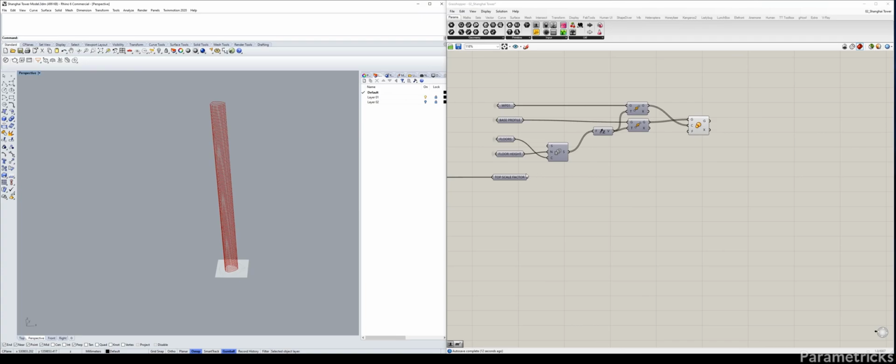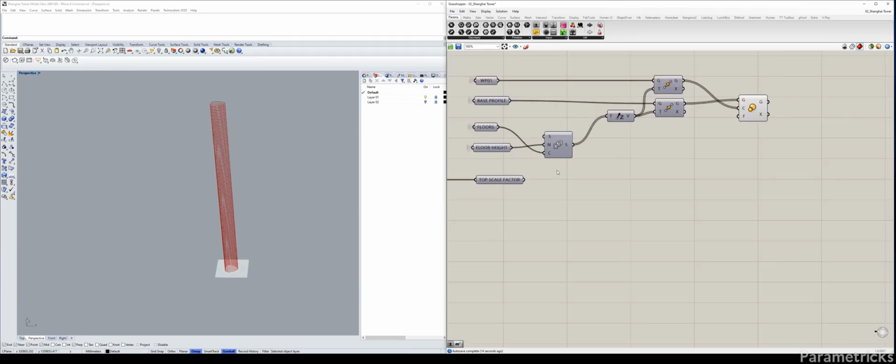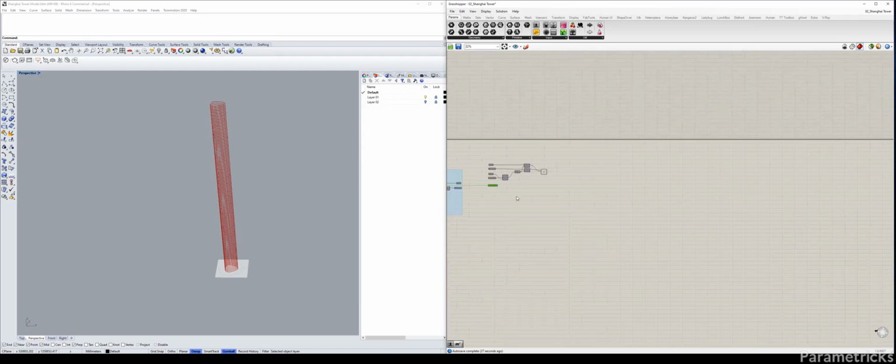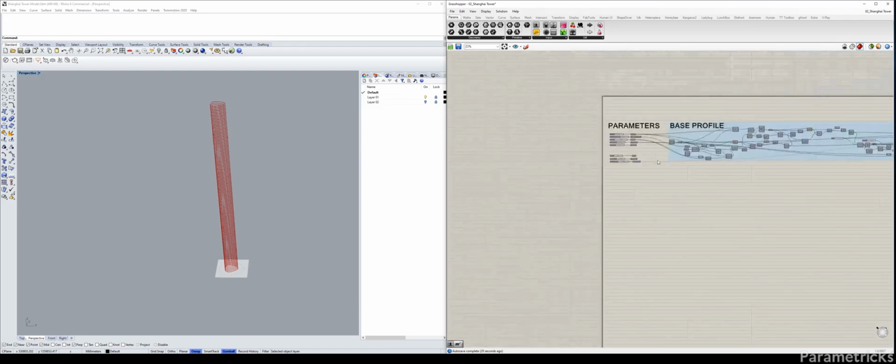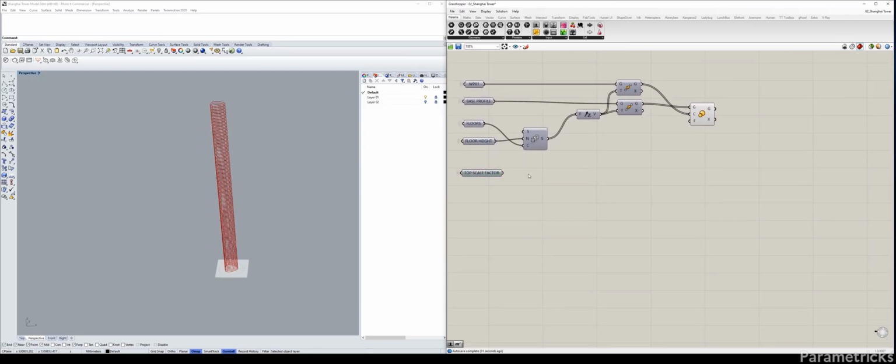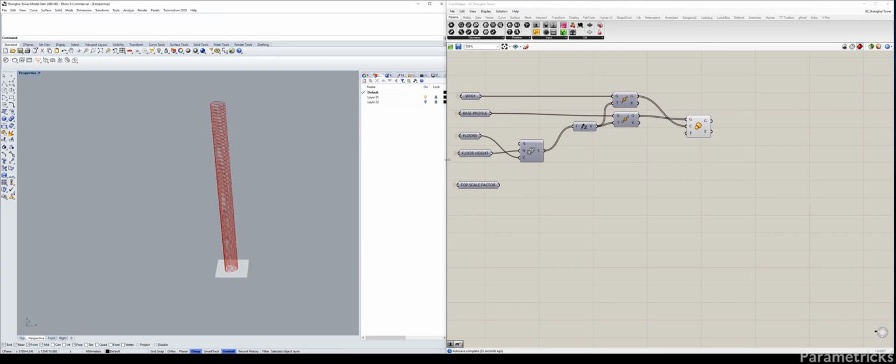Accidentally triggered something over there. Now, what we can do with this is we can start playing with how much we want to scale. Wait, let me double check. Am I doing this right? Yes, I am. Okay. So what we can do with the scaling factor is at the top we define this